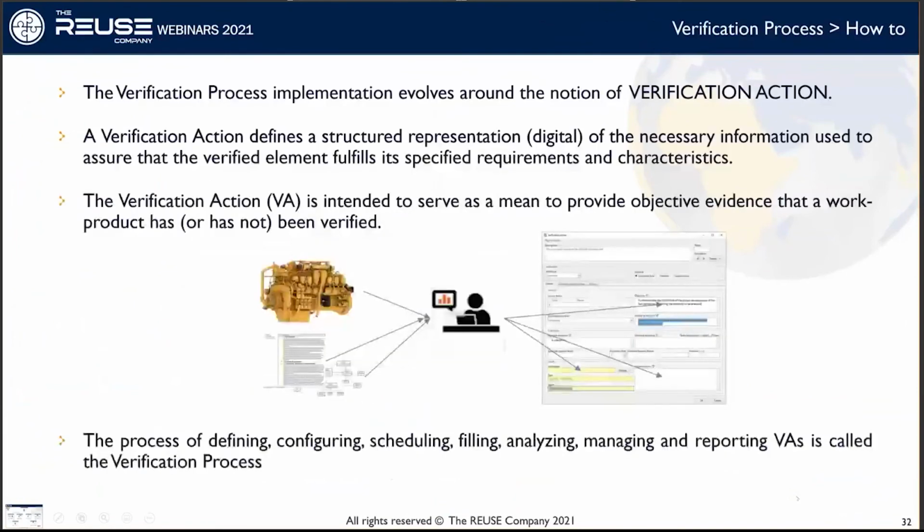So how to verify or how to validate? In order to do that, we consider the notion of the verification action. It is simply what it says in the standard. The standard says that in order to verify, you have to provide a verification action, which is what you have to do. It defines a structured representation of the necessary information used to assure that the verified element fulfills its specified requirements and characteristics. So in order to digitalize verification and validation, you have to manage verification actions. The information that you have to put in a verification action is, for example, a verifiable item, or the source items you're going to use to verify the verifiable item against, or the verification technique, or the resources, or the results and everything. You have to put this inside a digital version of the verification action or validation action,